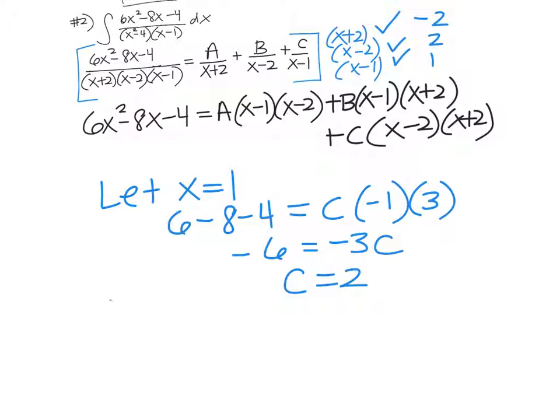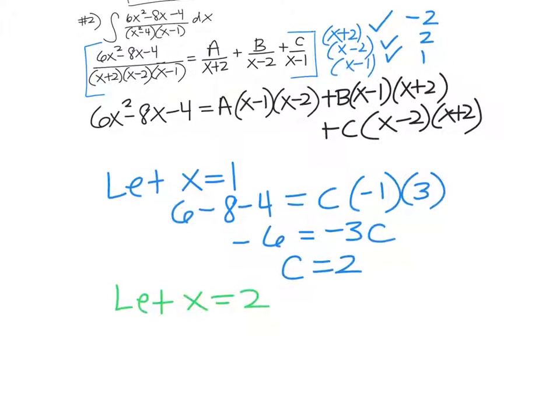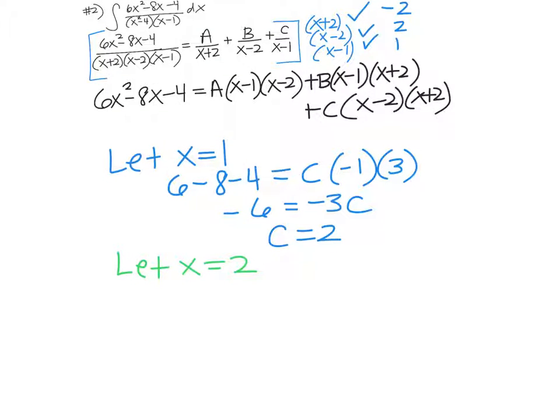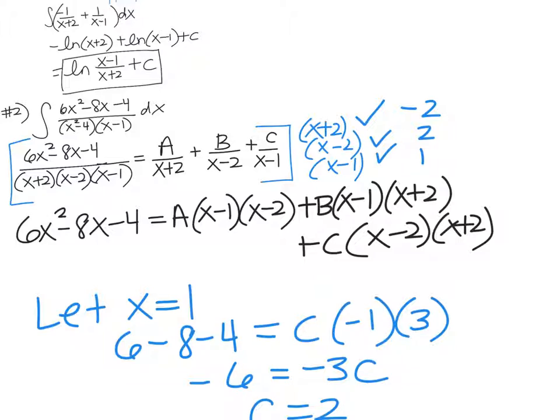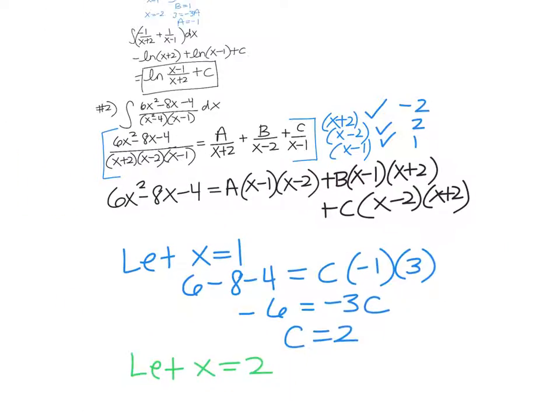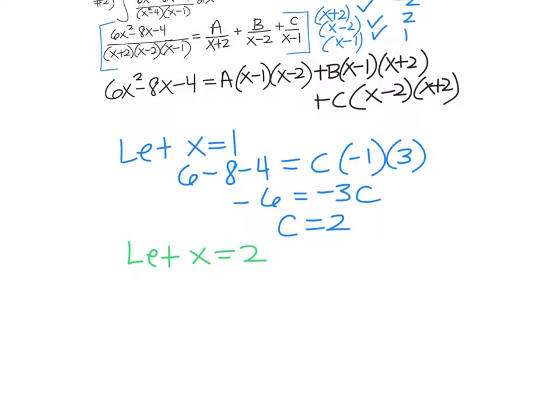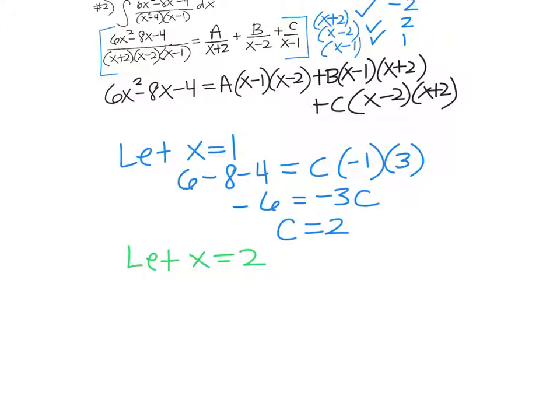Okay. Now let's let x equal positive 2. So x is positive 2. No, they're not random. They come from these right here. First and last one you use out. You get, and then you're going to solve for b now, right? 4b equals